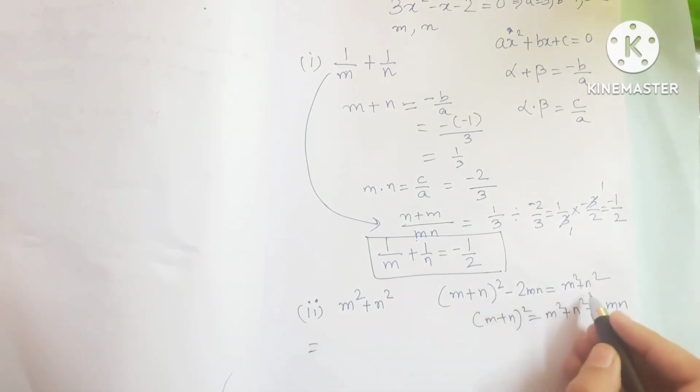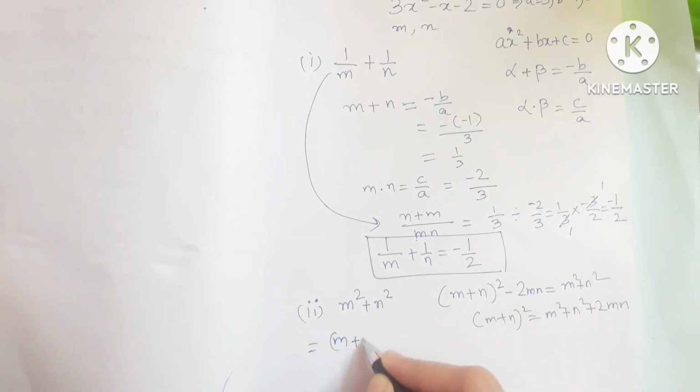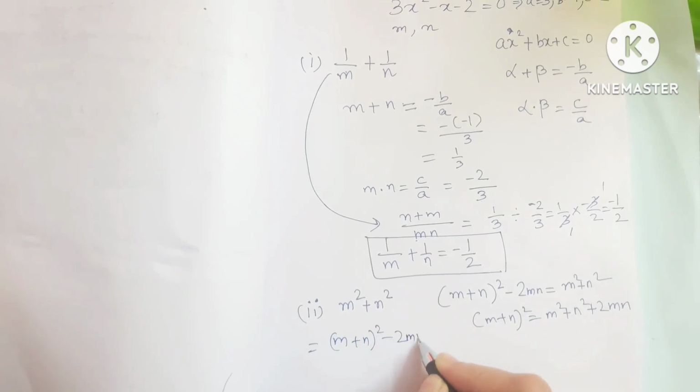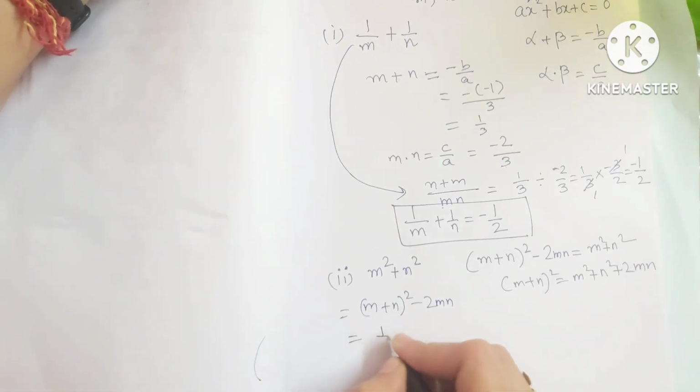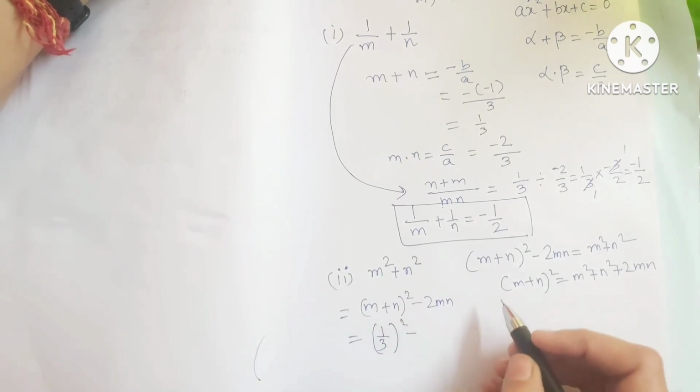We'll write m plus n square minus 2mn. m plus n कितना है मेरा यहाँ पर? m plus n we just found is 1 by 3. So we'll substitute the value here. 1 by 3 whole square minus 2